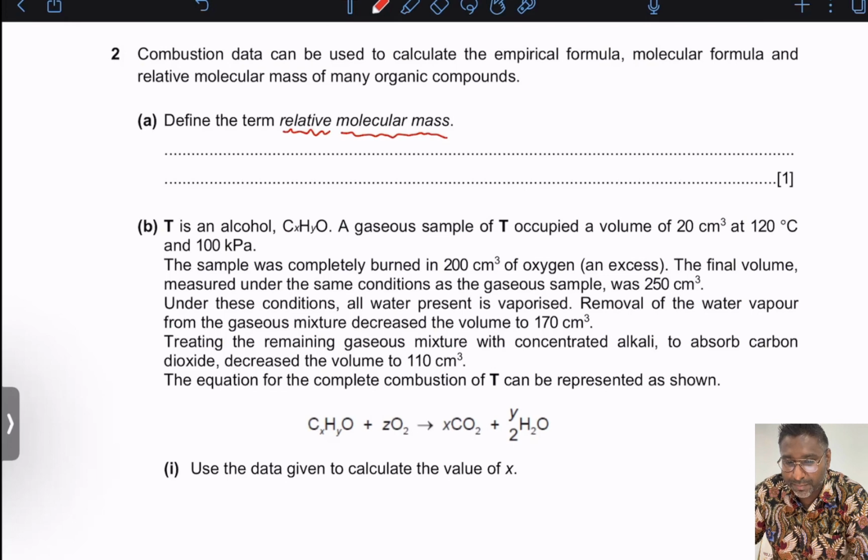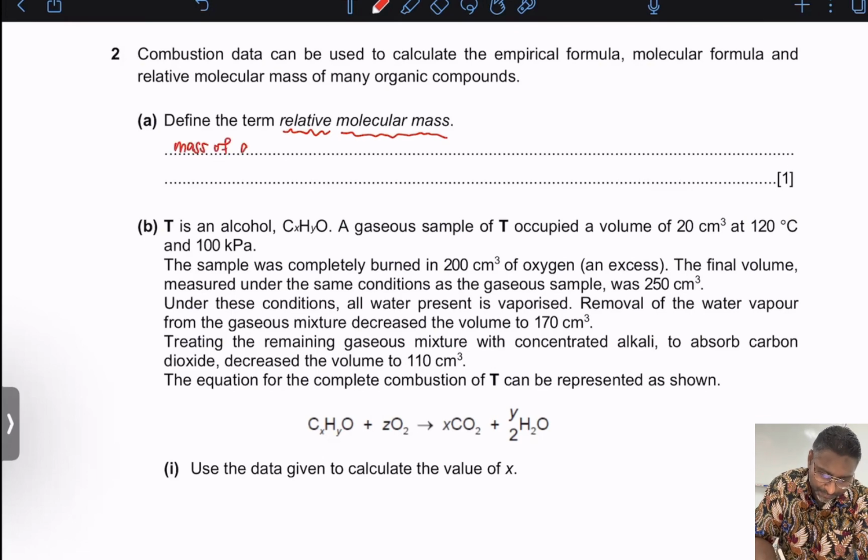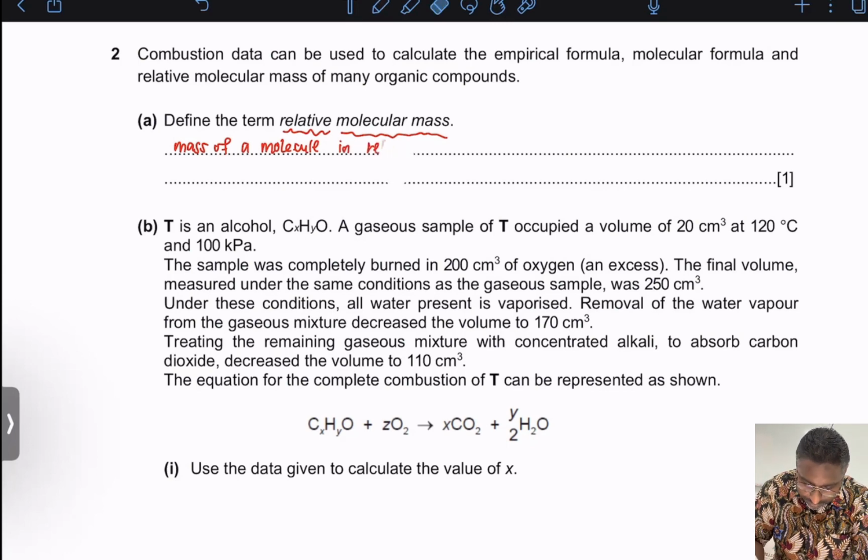So you need to mention, relative molecular mass is the mass of a molecule, in comparison to